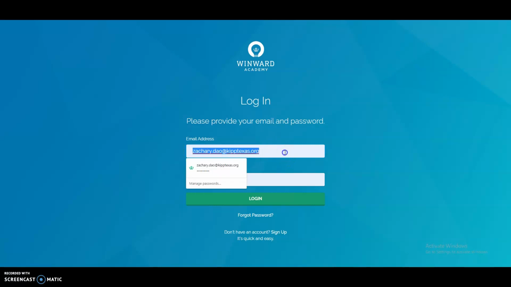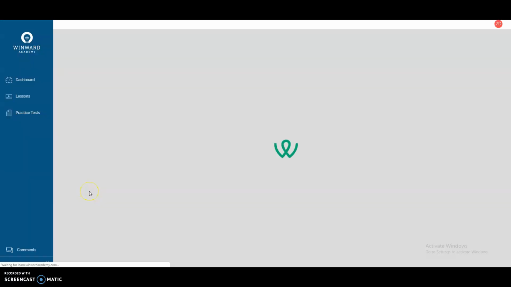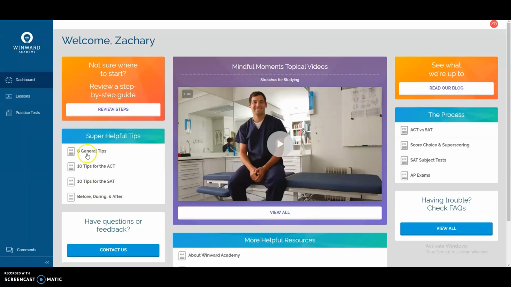Now, your email address is going to go here. Of course, mine is here. Your password is going to go in there. Then you're going to hit login. Now, this might be overwhelming, okay? And it might look a little bit differently for you than it does mine because I have the teacher version, you have the student version. But I believe on the left, we are going to see the same thing, okay?